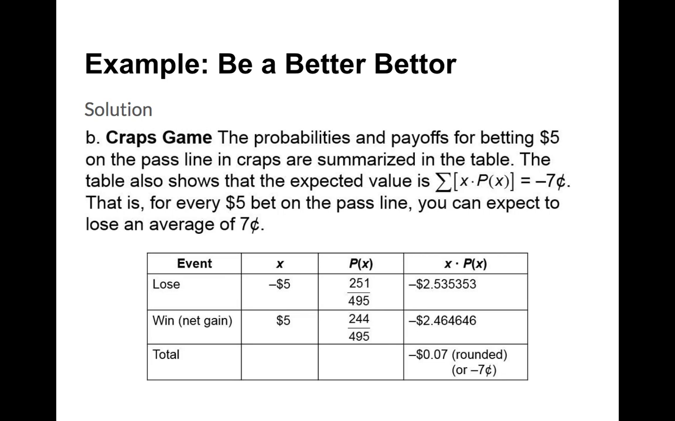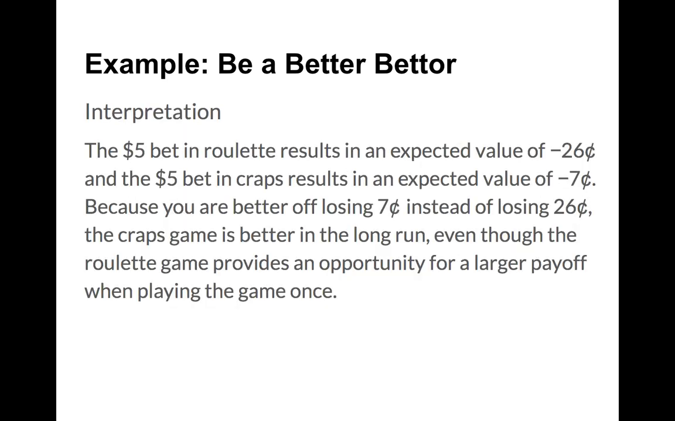And so what do these mean? Okay, so for roulette, we had negative 26 cents. For craps, we had negative 7 cents. There's no change happening in any of these, right? You don't see a casino doling out quarters and pennies. So how is an expected value negative 26 cents when my payouts were $5, or I lost $5 or I